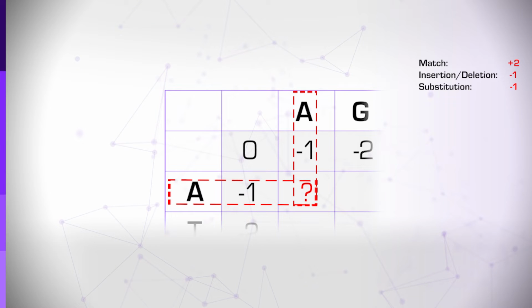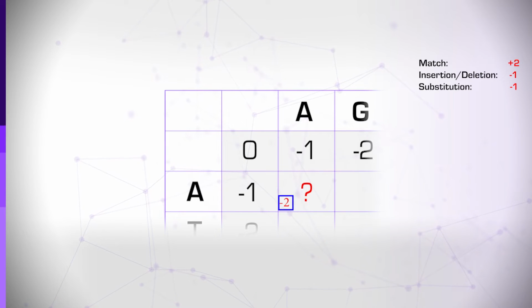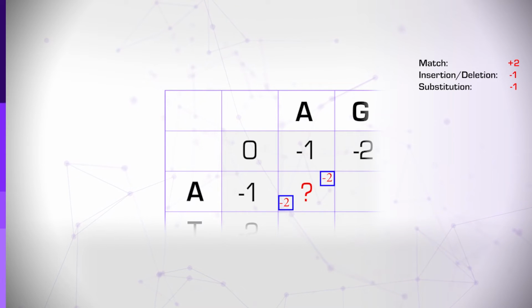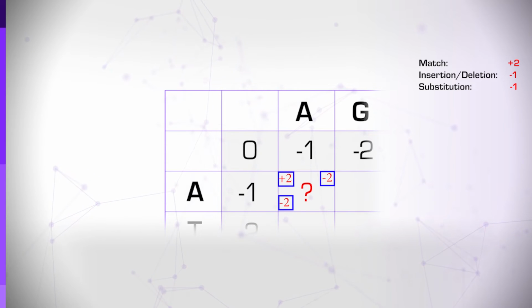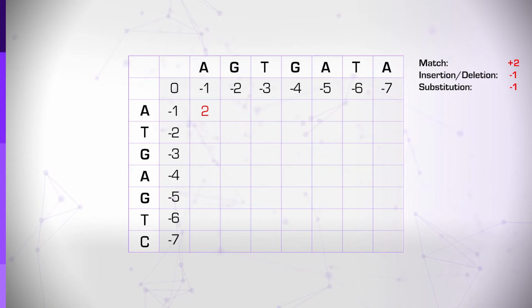If the nucleotides that intersect are different, then we would still take the value of the diagonal cell and pay the cost of a substitution. So we have three options. Coming from the left, the value would be -1, -1, that is -2. If we come from above, we have the same values, -1, -1, which is -2 again. But if we come from the diagonal, noticing that the two intersecting nucleotides match, we have actually 0 + 2, which is 2. As we are looking for a maximum, we will choose a value of +2 for our cell. We will continue to fill in the rest of the matrix in a similar way.